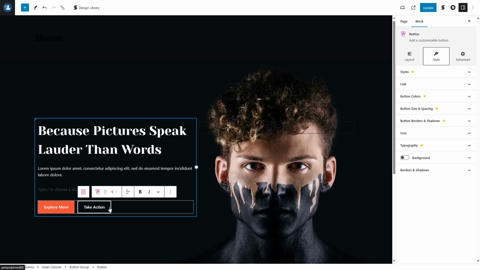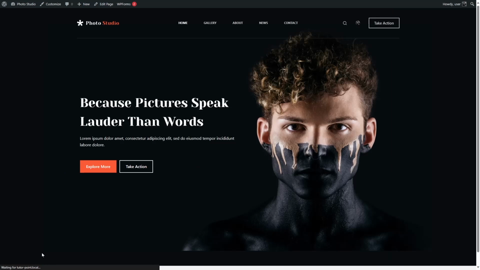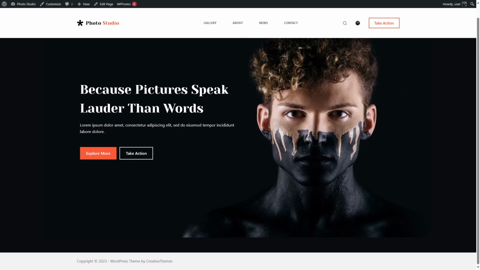And for this button, I think we also need to change button borders and shadows. So this will be the border, and for its width, we can set it to 2. And everything else is okay. So let's click on update, and now let's view our site. Okay, so now it's looking a lot better. So now our first section is